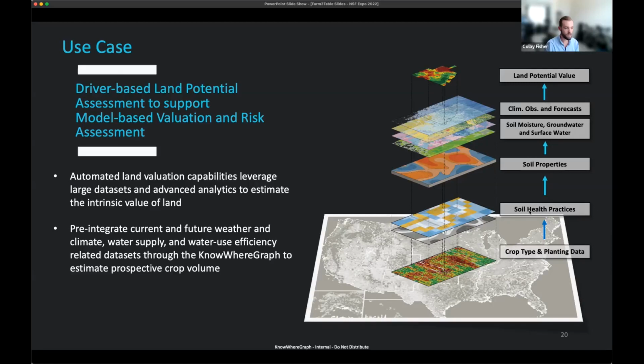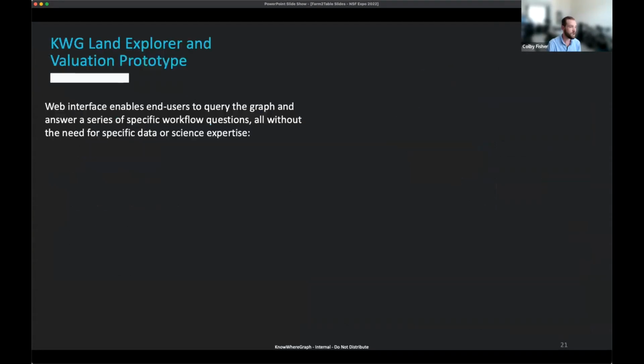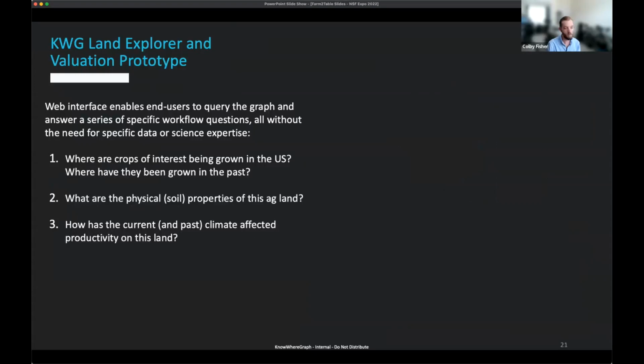We're adding things like soil and soil health practices, soil properties, more physical earth variables like soil moisture, and then coupling that in the long term with medium-term forecasts and climate forecasts, looking at how the land is going to change over time with climate change. And that's pretty important at the moment for food production. And so ultimately what we're doing here is building out the same kind of web tool in this space,